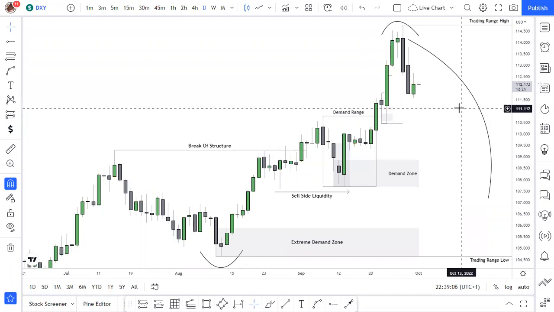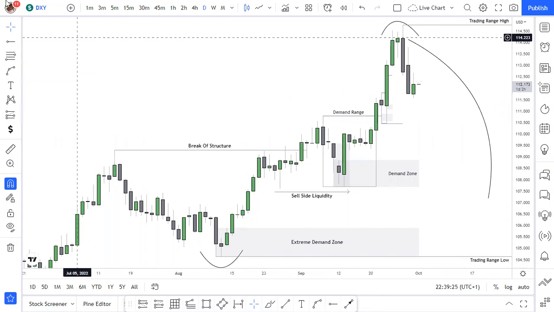So today I'll be doing another outlook video for DXY and some of the major pairs, and I'll also be doing some review of the previous week's price action. So starting off here with the dollar index,